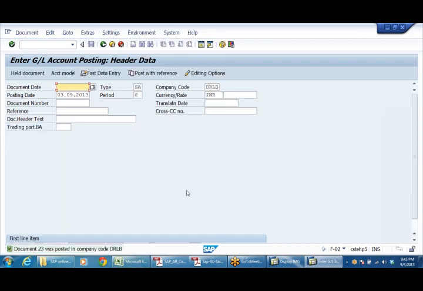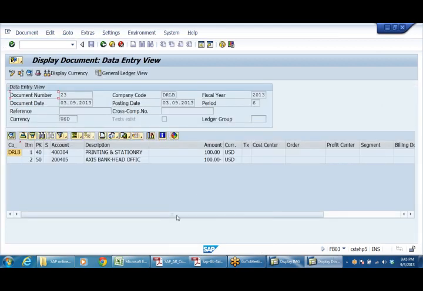Right, document number 23 was posted. Let me check display. Document display. It will take us to T code FB03. Immediately you can look into that. Right, see 100 US dollar. But as per the company code currency, it should be in INR. I want to see in INR also.